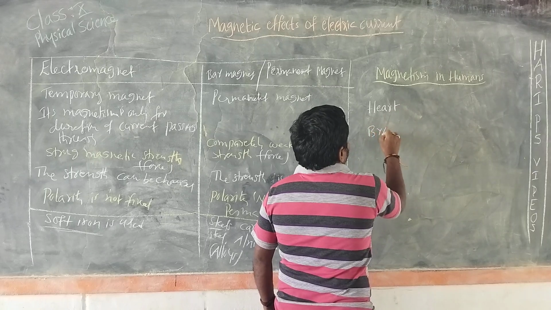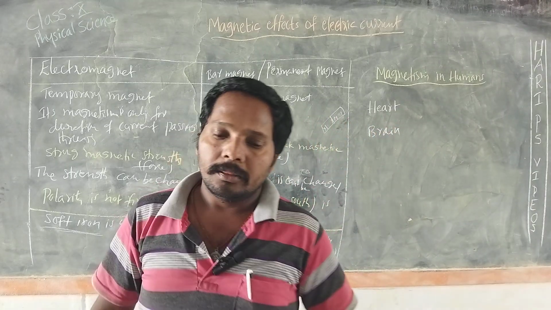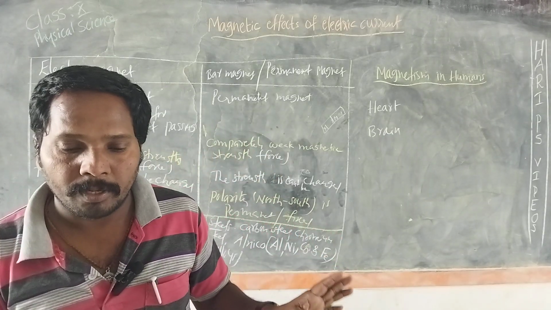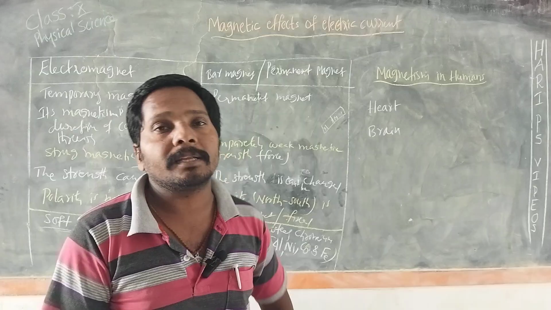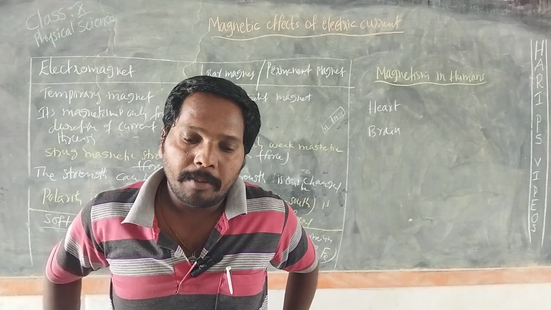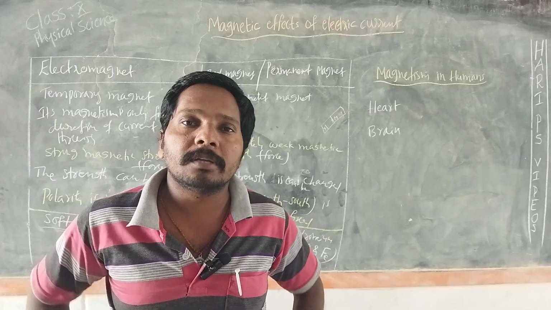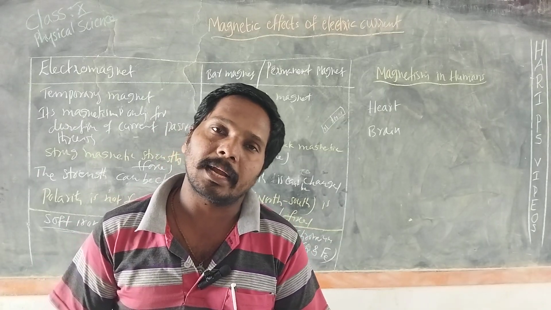The two main organs of the human body where the magnetic field produced is quite significant are the heart and the brain. The magnetism produced inside the body by the flow of ionic current